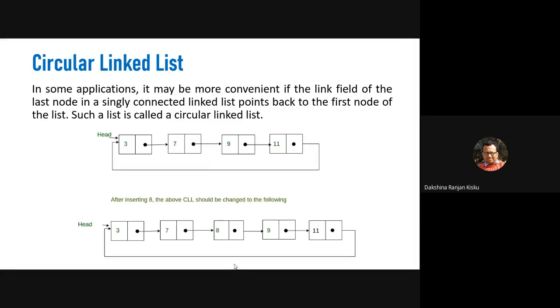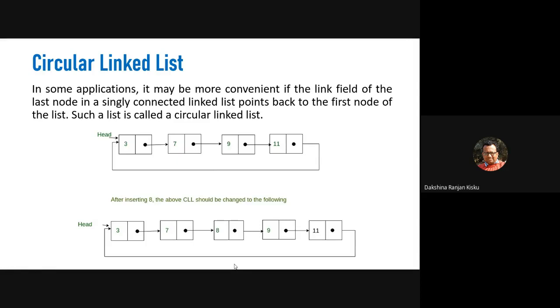Because null is not encountered, and the pointer of the last node points back to the first node, this is the situation.